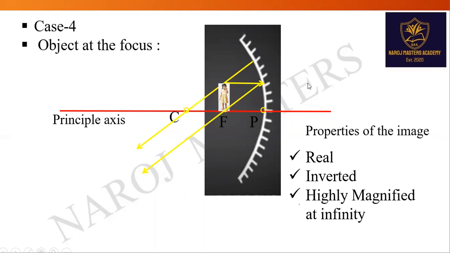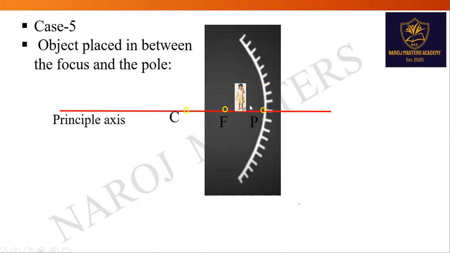And the last case is when the object is placed between F and P, between the focus and the pole. So look here. Pass the light rays which are parallel to the principal axis, and they get reflected through the focus. And pass one more light ray, through the center of curvature or through the pole. We can pass in any way. I am passing the light rays through the center of curvature. By seeing these two light rays, we can say that these two are diverging light rays. It is going like this and it is going like this. They never meet. So they both are diverging.